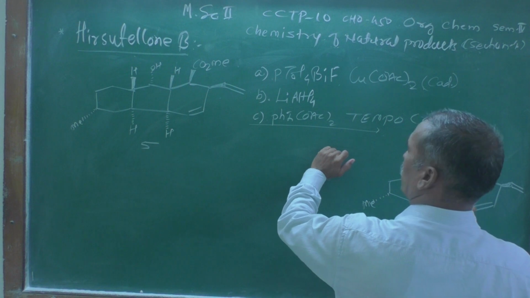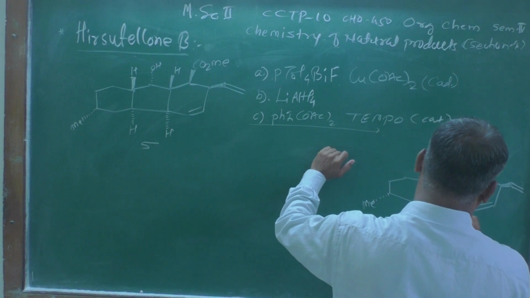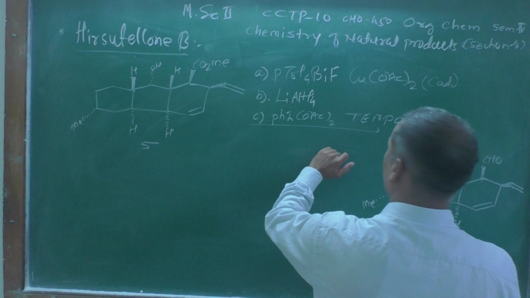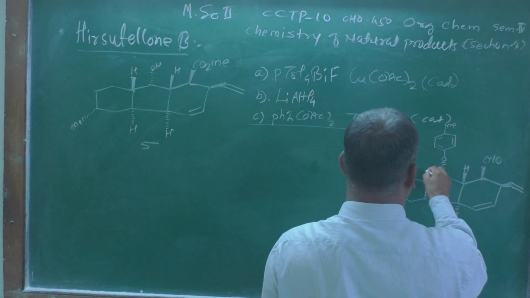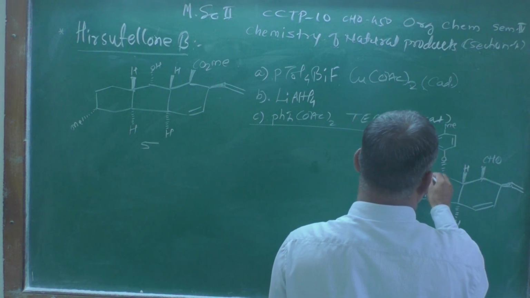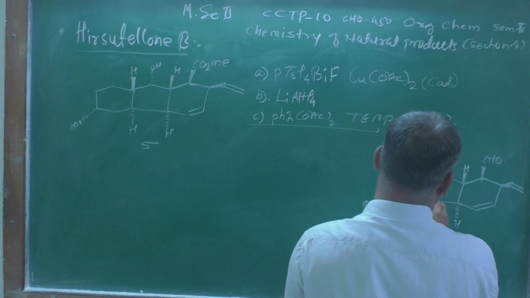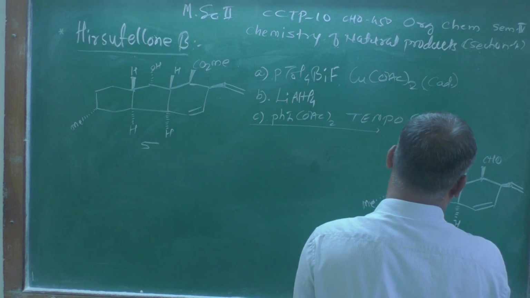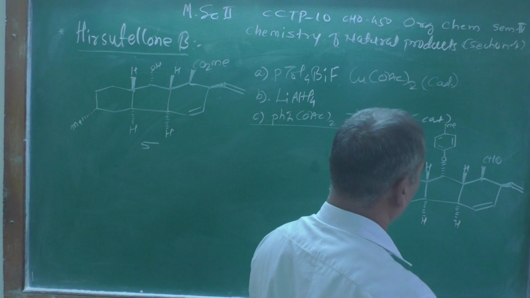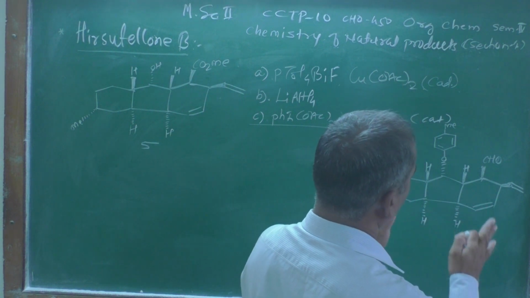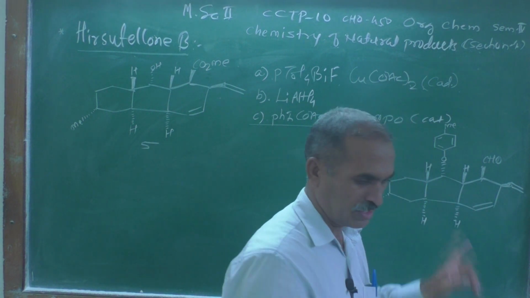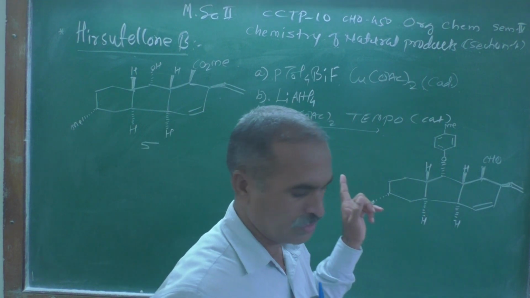Here is a hydrogen atom, here also a hydrogen atom below the plane, here the hydrogen atom which is above the plane, here the hydrogen atom which is below the plane. The product which we got here